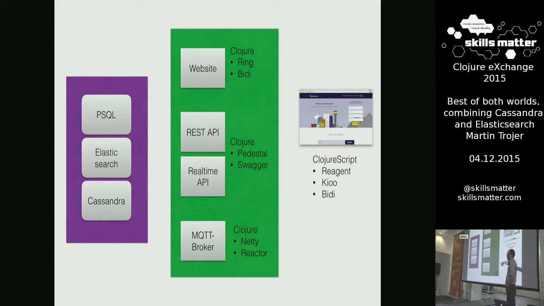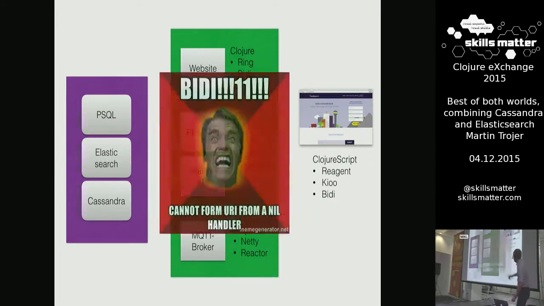I think a lot of Clojure people make the mistake of going straight to core.async when they want to do in-process pub/sub. But Reactor can do a lot of the hard bits for you, and in my experience, cleans up a lot of core.async code. So give that a look if you're interested in that kind of space. Database-wise, you know, SQL, Elasticsearch, Cassandra. We use BD. This is an internal joke. I want to apologize for it, but those in the audience who get it.